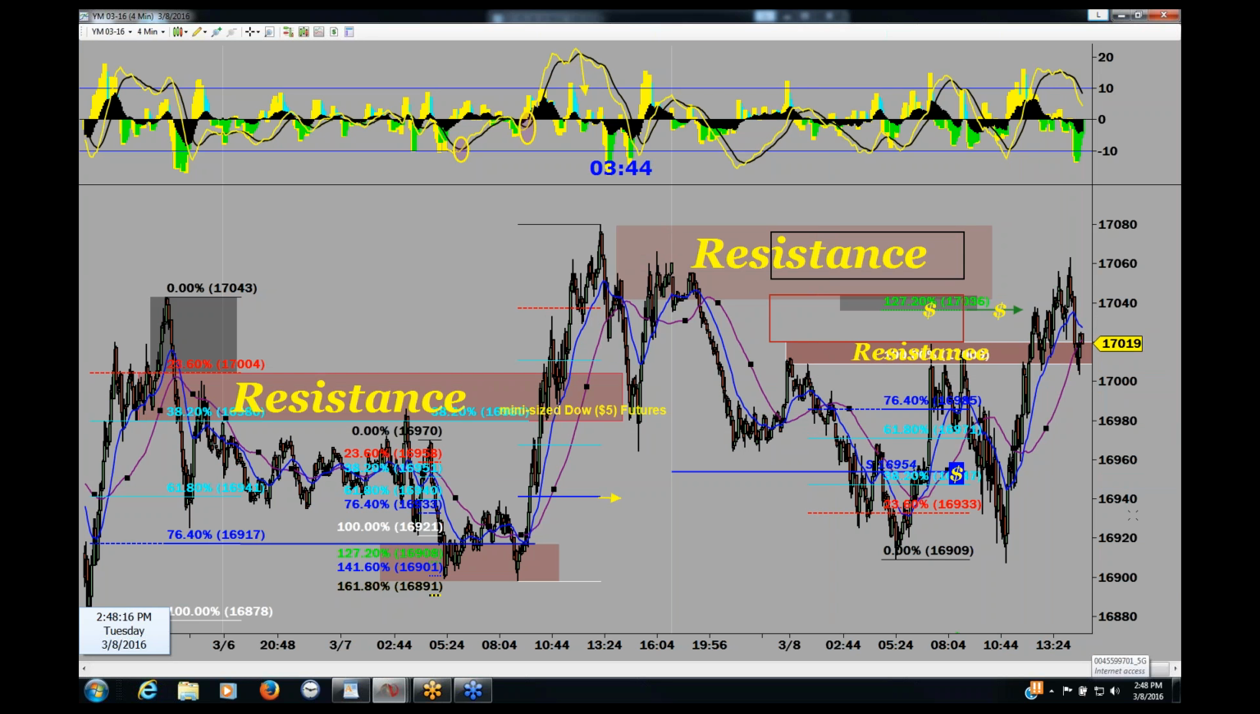Down here at 16,909, the market has retested that and produced a support area, a lower low. All right, so it has not only shown a support with, look left,